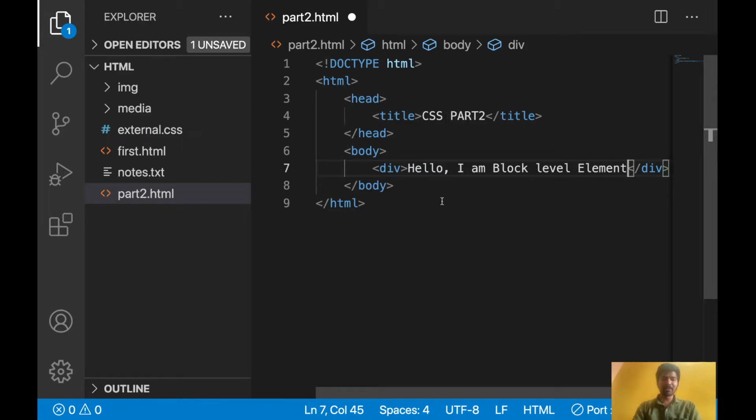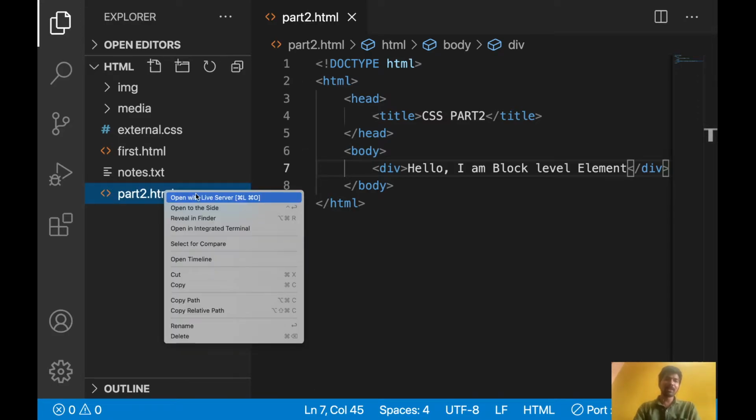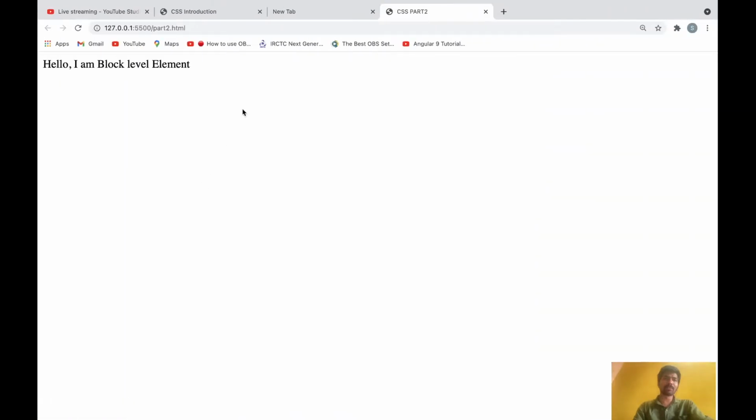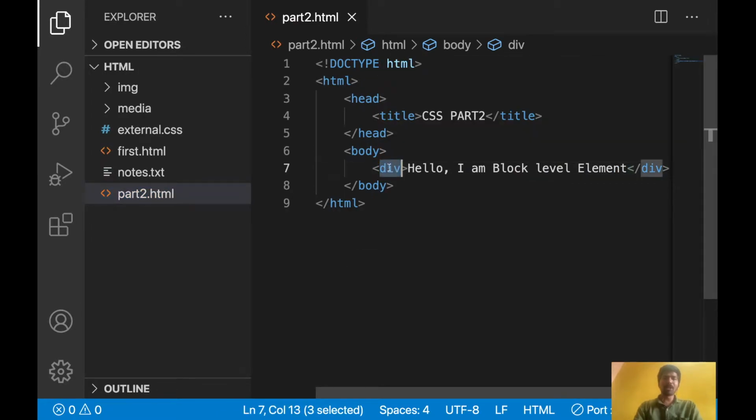First we'll save this one and we'll see. I am using the Visual Studio Code editor. You can go to Google and download Visual Studio Code editor for writing code. Then you can write the code. I'm running this file; one option is there, open with live server, so this will open in the browser. I'm just closing other things. Here whatever I have written is displaying. Now div is the block level element.